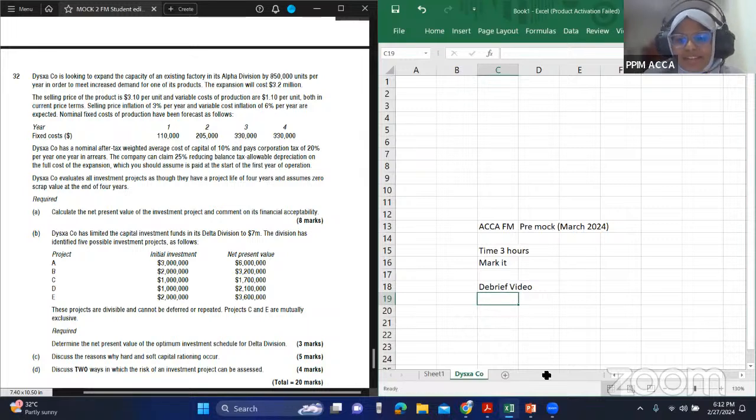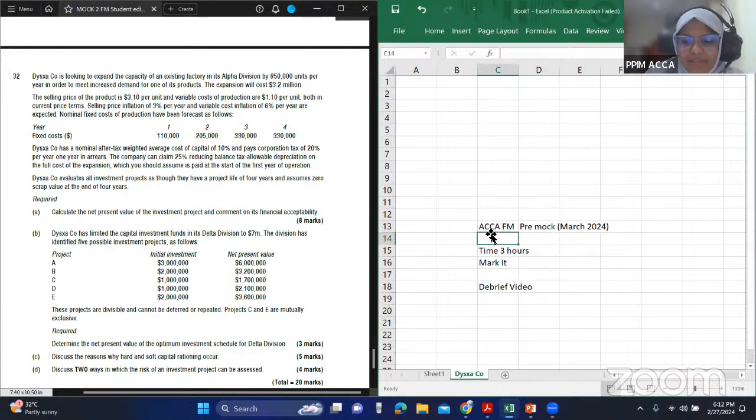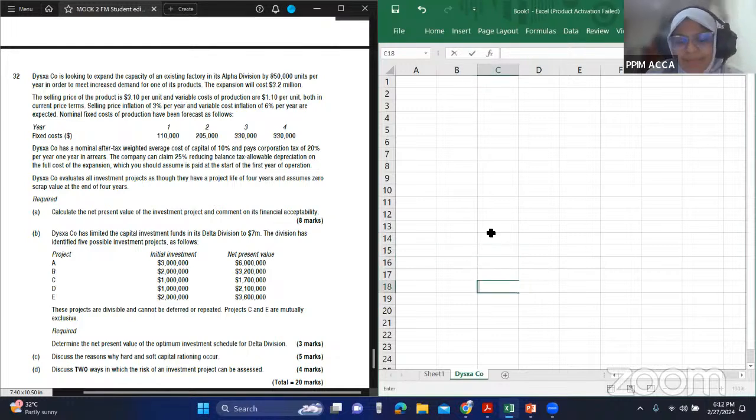Okay, so having said that, let's jump straight into what we have for the day. So let me read this. This is a question from December 2016. The reason why I chose this paper is because when I saw the pre-mock, it kind of resembled the December 2016 session. The questions that were there, the constructed response, all of them, kind of resembled this session. So that is why I picked this paper to do.